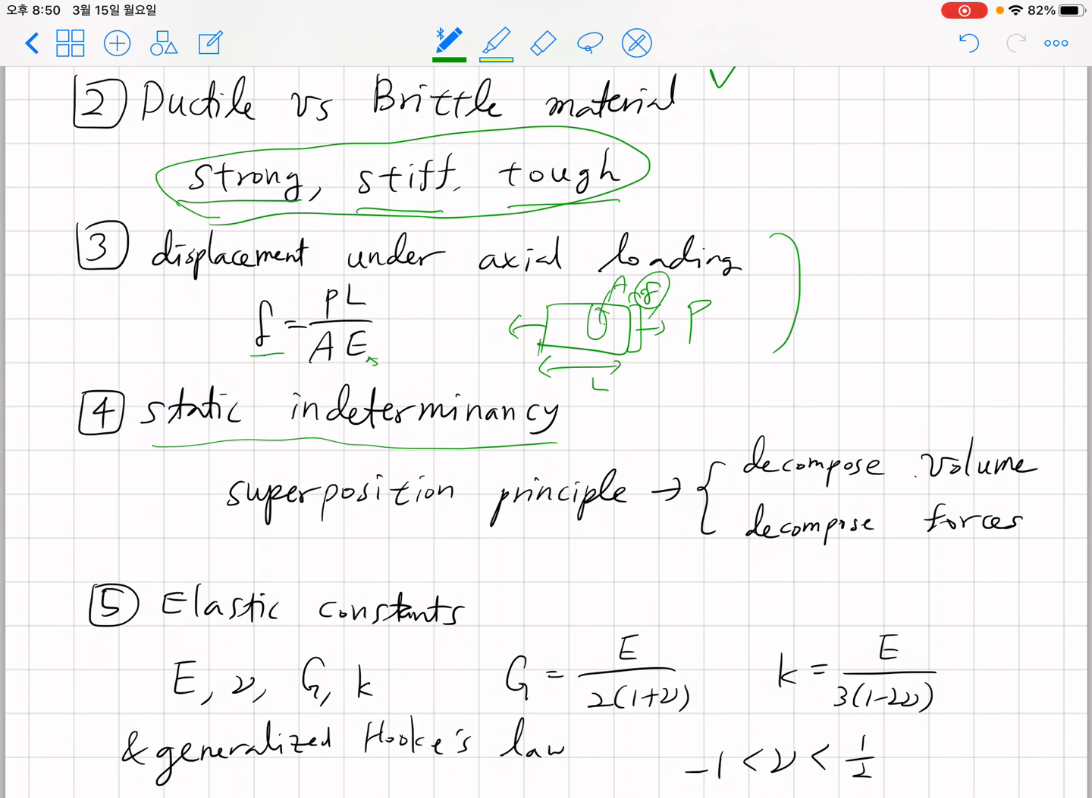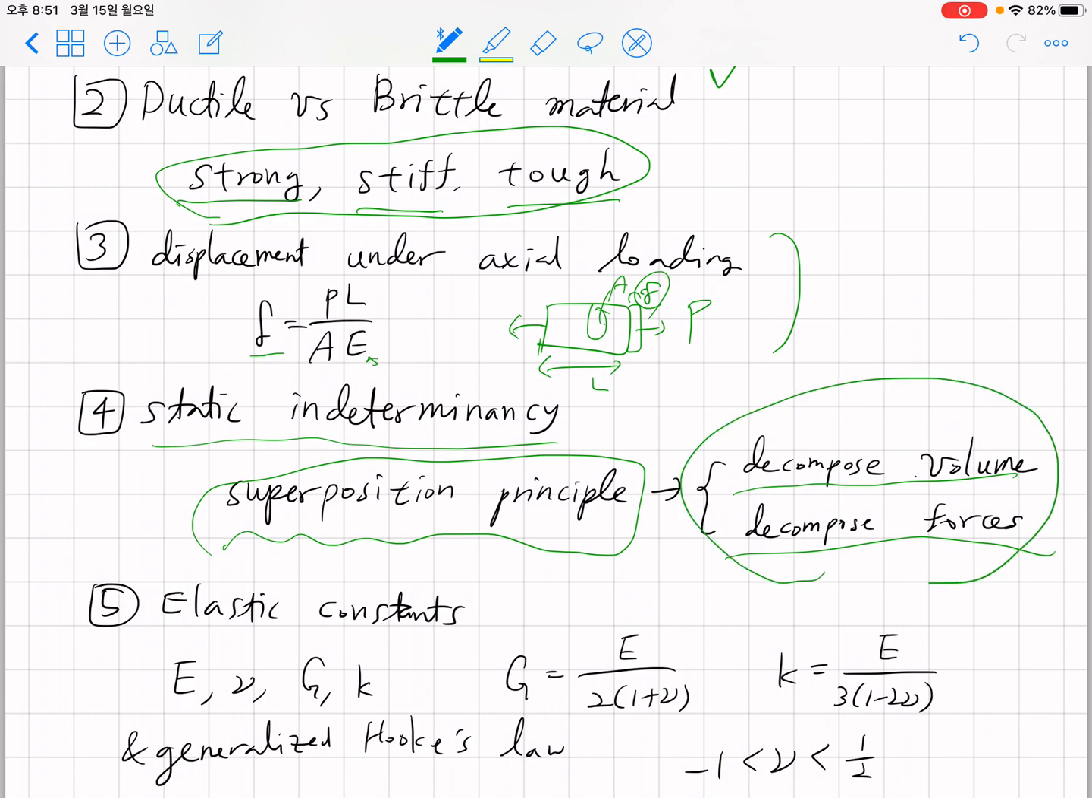Okay, and when we make a discussion on static indeterminacy, we talk about superposition principle. So I also told you that we can either decompose volume or we can decompose forces to solve the problem. So under the linear response problem, for example for solid mechanics, if we stay in the linear elastic regime, then we can solve the problem by decomposing the problem into either volume and forces, and the solution of each decomposition problem